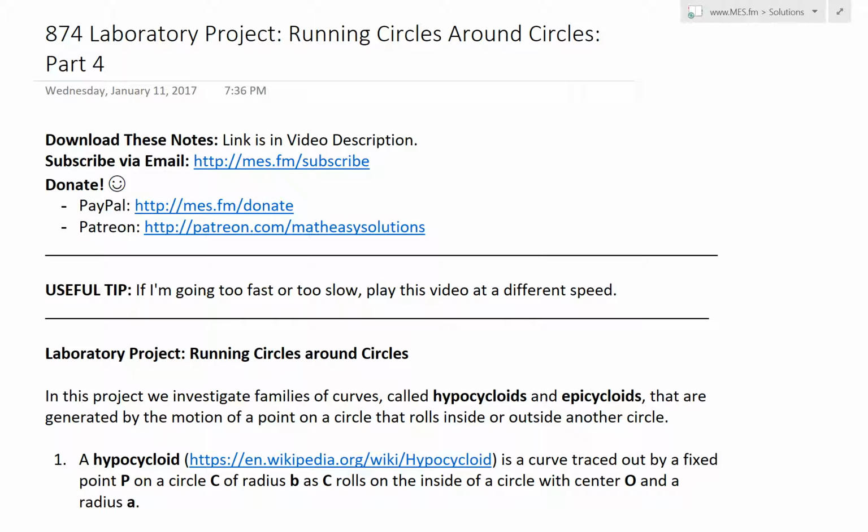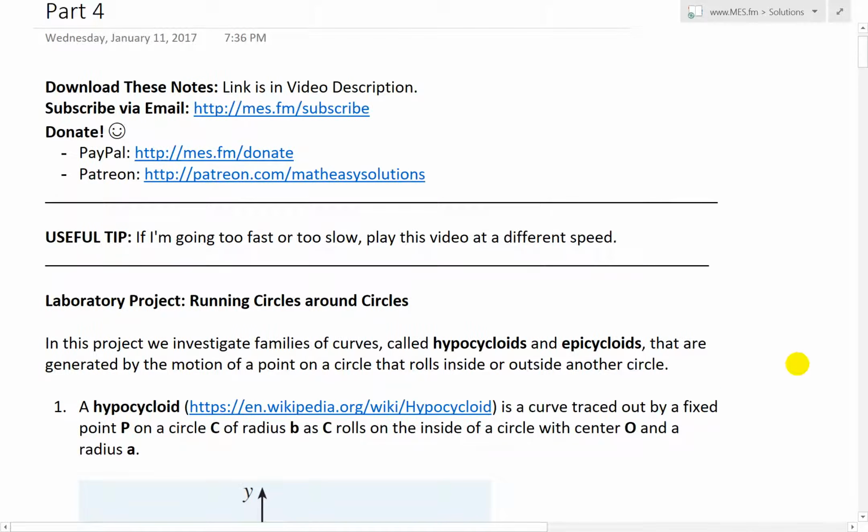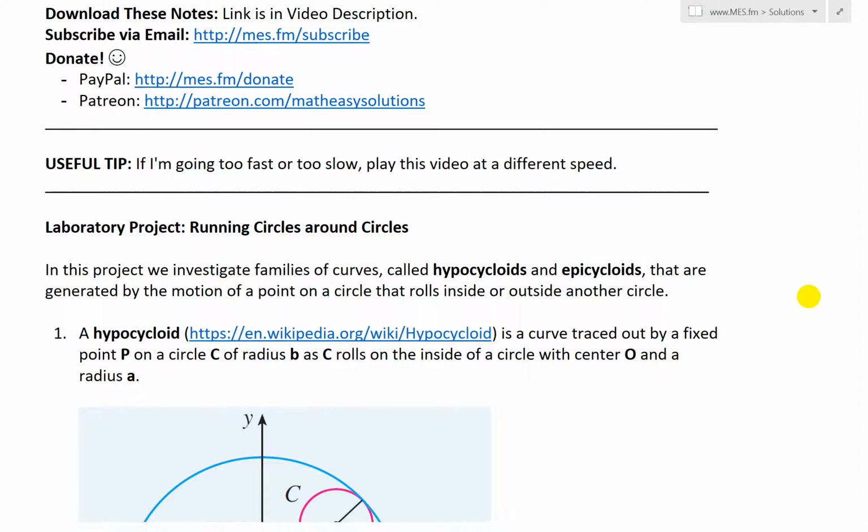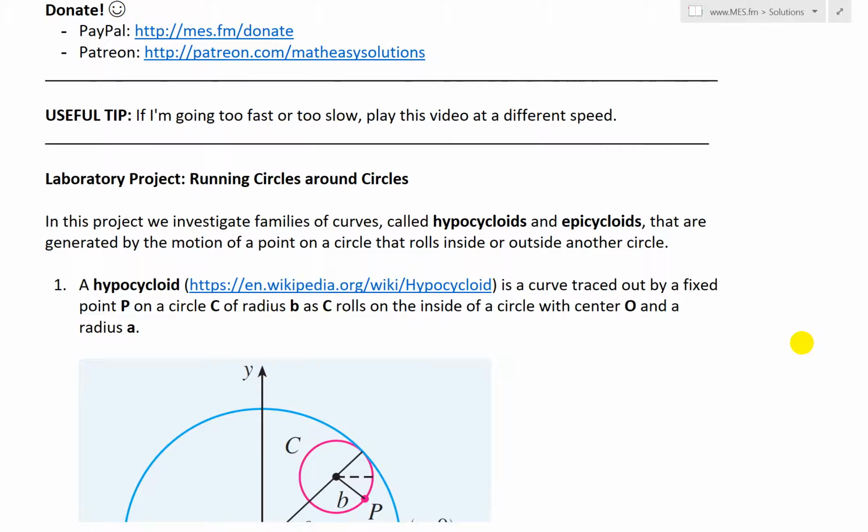Time to discuss further into parametric equations and now look further at the laboratory project which I covered in my earlier videos, and now go over part 4 of the running circles around circles project, where this project is just an interesting project at the end of some of the chapters of my calculus